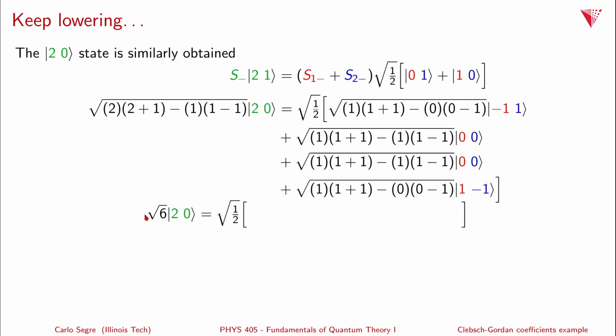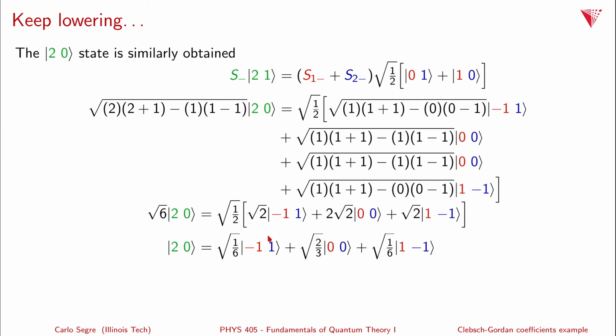This gives me the square root of 6, and then I have on the right side 1 over the square root of 2 times square root of 2 times the state minus 1, 1. Then 2 times the square root of 2 times the state 0, 0, because there's two identical terms. And then square root of 2 times the state 1, minus 1. And so when we now multiply this through, that cancels the square root of 2 in all cases. We divide by square root of 6, and we get